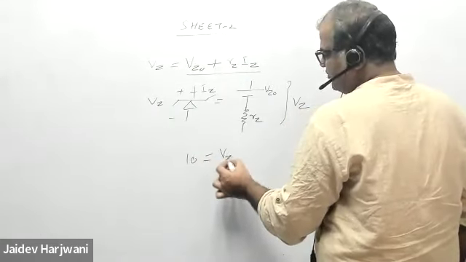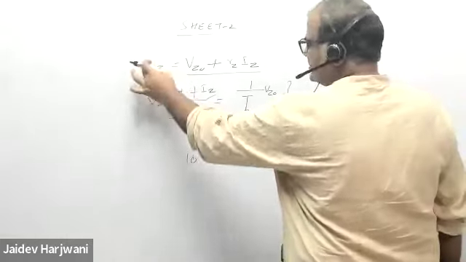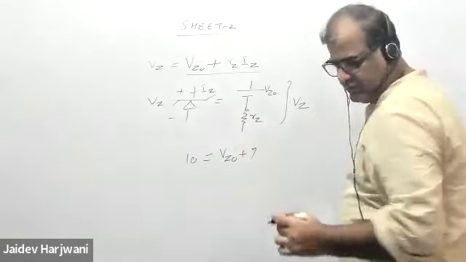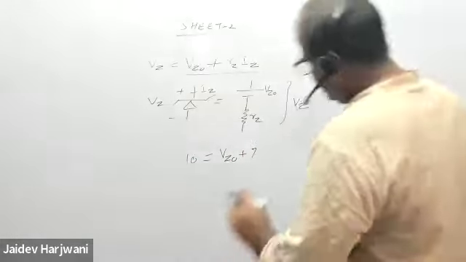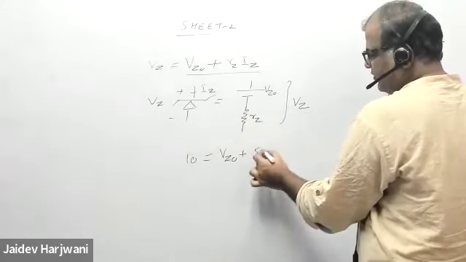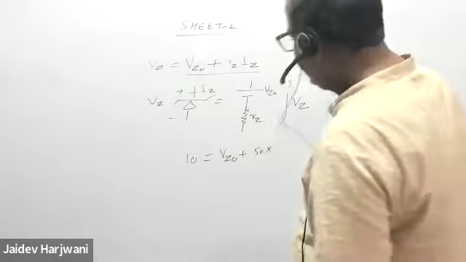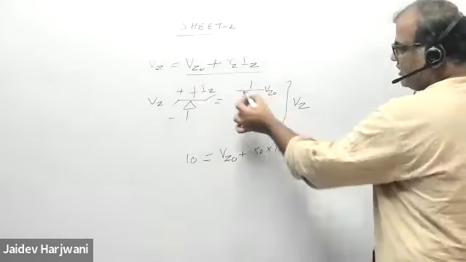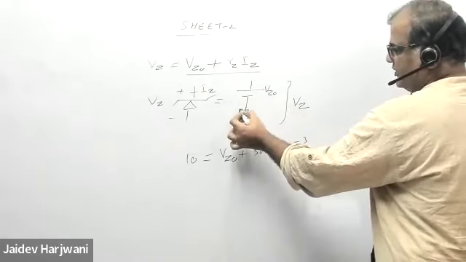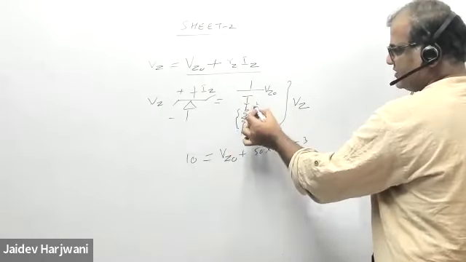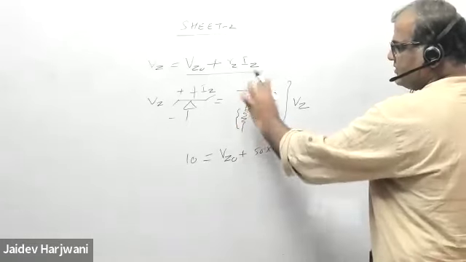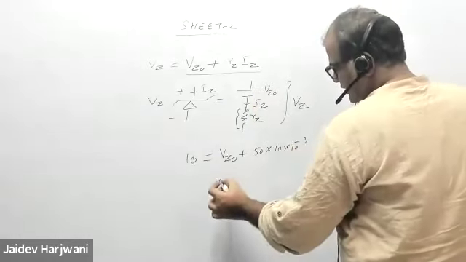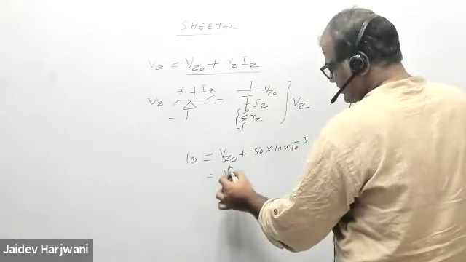VZ0 we don't know, because the total VZ is given as 10 volt, plus RZ is given as 50 ohm incremental resistance, and the current is given as 10 milliamps. This battery is always fixed, but the drop will always change with the current. If current changes, this drop will change, but this battery will always be the same. Now I want to find VZ0. So this is 10 volts, so this will be VZ0